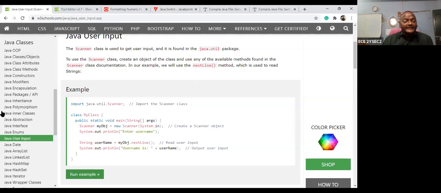The first one, to use the Scanner class. If you want to use the Scanner class, then you can import java.util, and in the Scanner class you are using the nextLine. So what is the nextLine function? The nextLine function is where you are inputting the data. That data can be scanned and assigned to a certain variable. Before that, you should create one object, which is called a new Scanner object. So next, it can be default. You can enter the name, that can be accessed and assigned to username. Then it can be output.